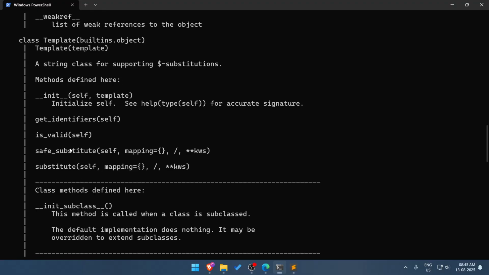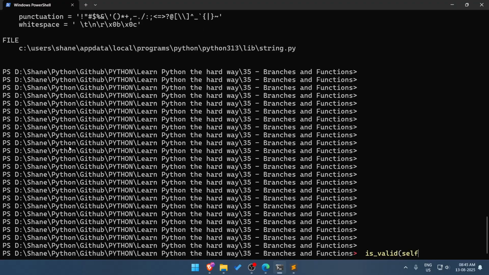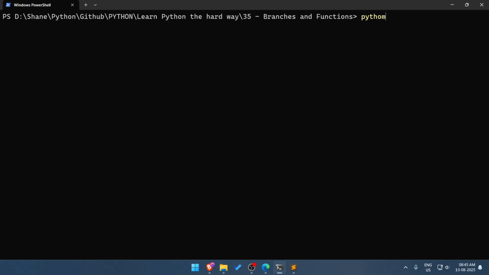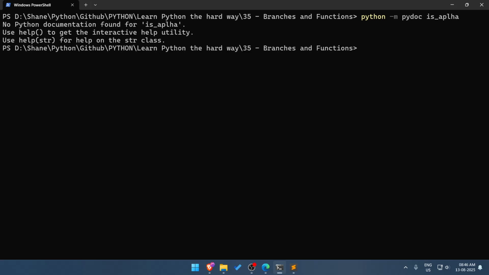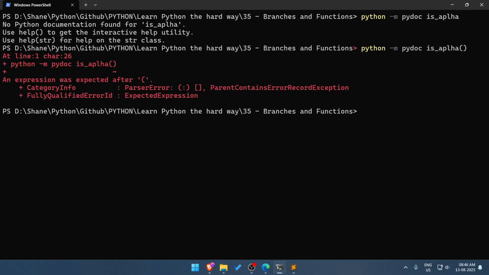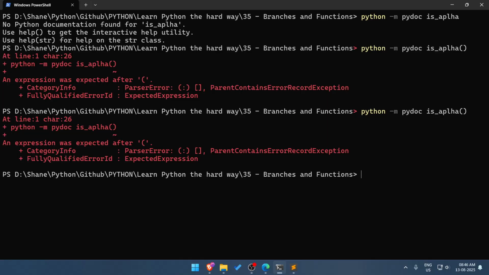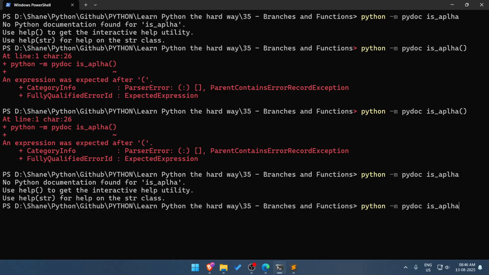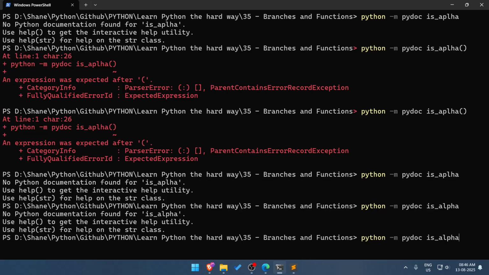Make reference is valid. Where are all the is alpha, is alnum?